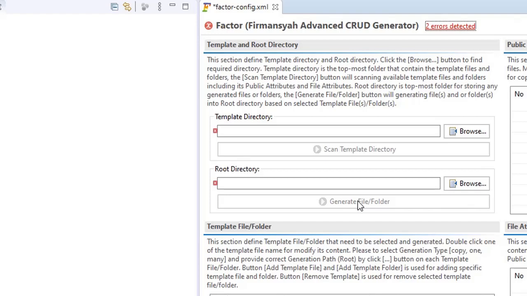It will generate based on the template that you already chose and the information that you already provided in the table fields.